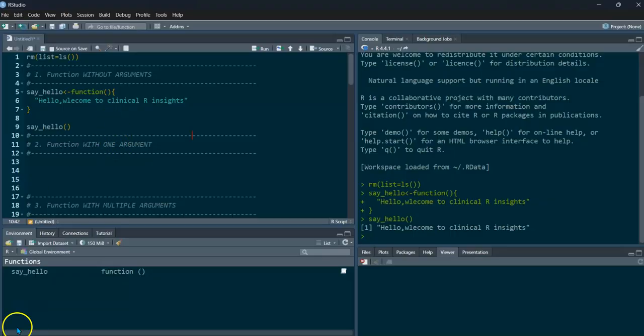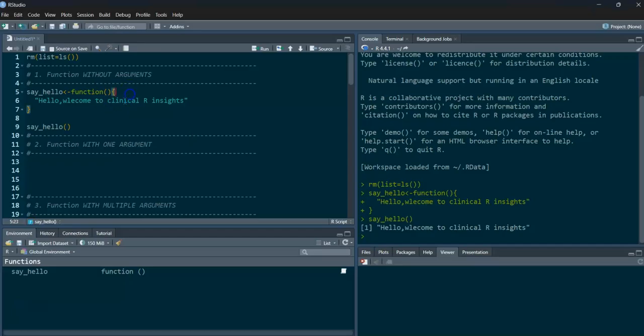Basically, whatever I am providing, it is giving me back. So these functions are useful for messages, logs, or a default output. If you want to provide any message, you can write this kind of function. It's very simple. Whatever is written inside the curly braces is executed and automatically returns the last